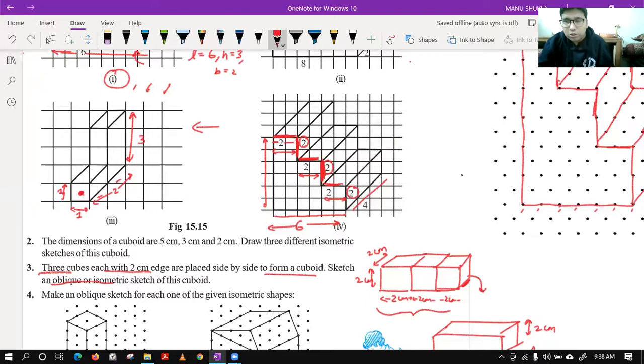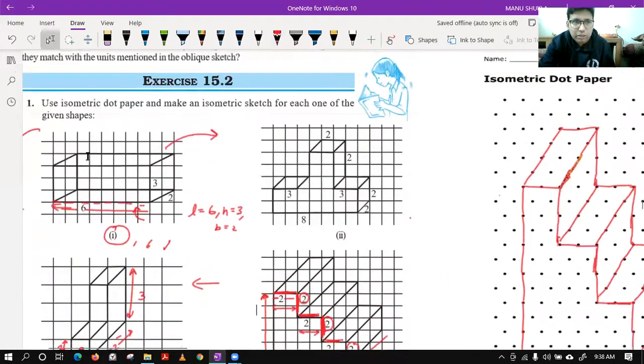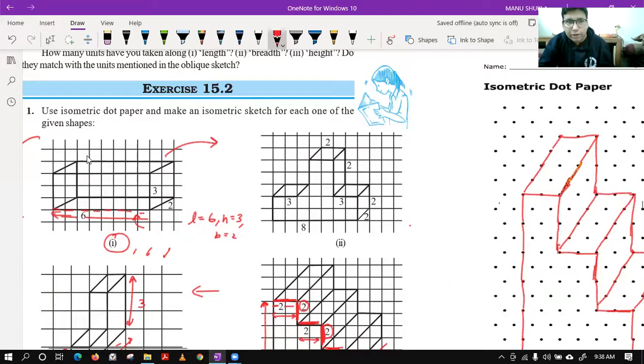Now see, Tushita, in this question, to find the height, you could have gone for the number of boxes also, but we have seen in the first part only, the number of boxes was giving a wrong idea. You can see in the first part, they said the length was 6. But if you count the number of boxes, that is not 6. Just count it: 1, 2, 3, 4, 5, 6, 7, 8. So that is not giving you a correct picture. So better if a dimension is given to you, take that dimension only.